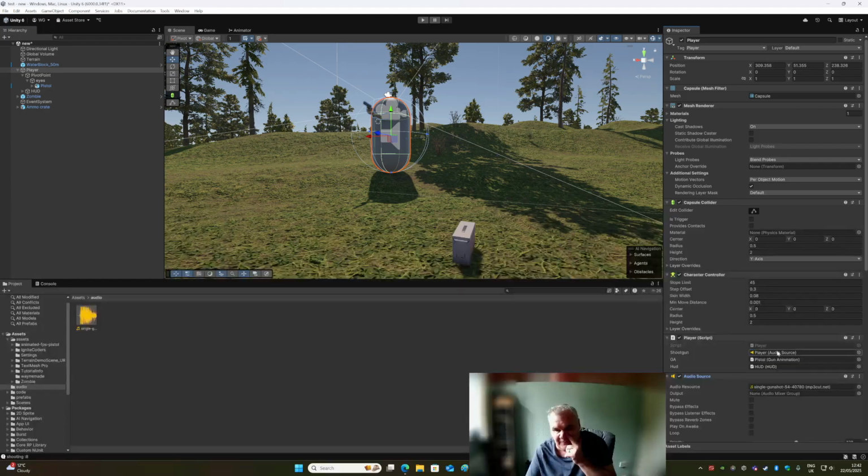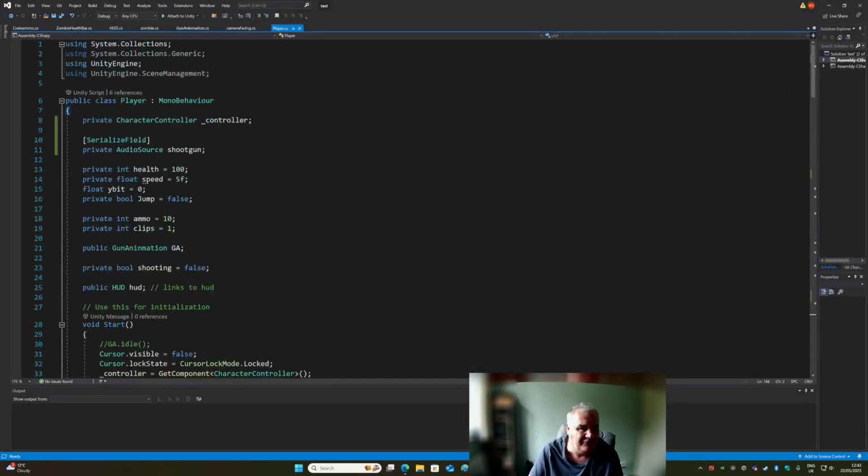Now I'll show you there's a bit I've missed with the code for the script here. I've actually done something preemptively. Let me go to my code for my player. First of all, we need a link to the audio source there. So I've created a link to the shotgun there. The second thing I want to do